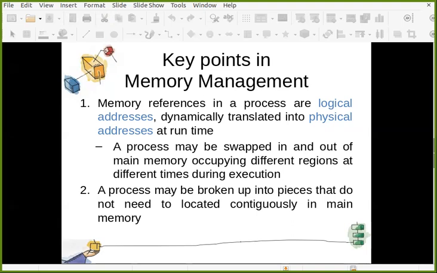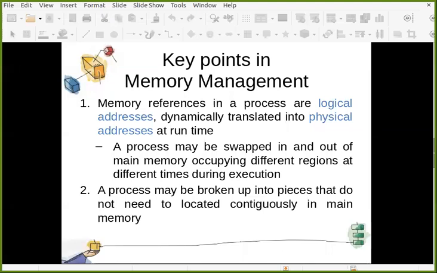If you are putting your process in main memory at a particular location, in future you may swap that process out, and when you bring it in again, it can now be put in another part of main memory.